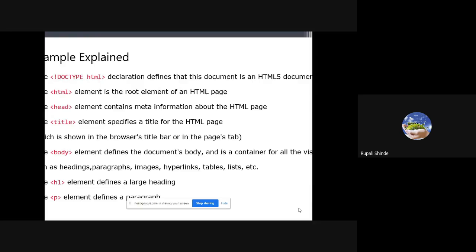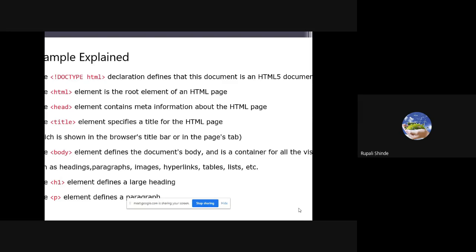Okay, so here, actually, the explanation of all the tags, whatever we have discussed now. So the first is the doctype HTML. The first line we have to write in the code is the doctype HTML. As I have told you, it indicates the type of document. And afterwards, we have to mention HTML, so it indicates that it is an HTML or HTML5 document.